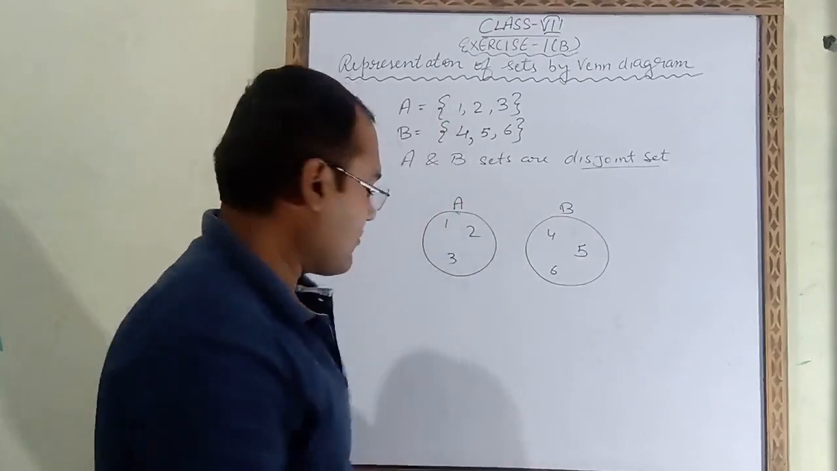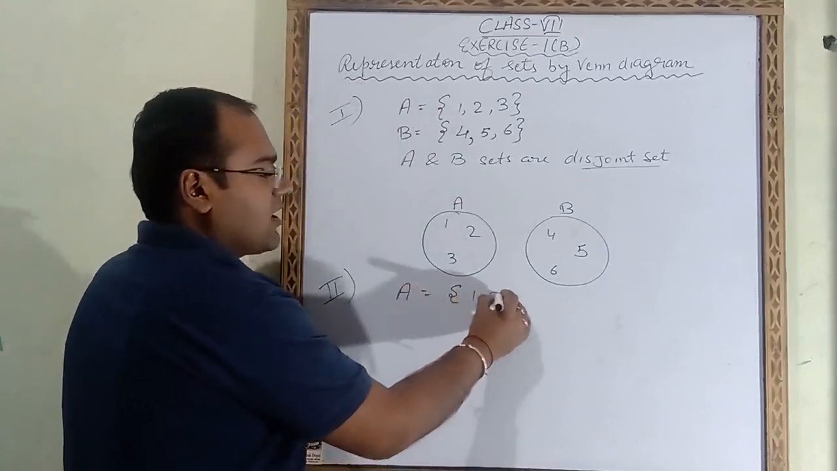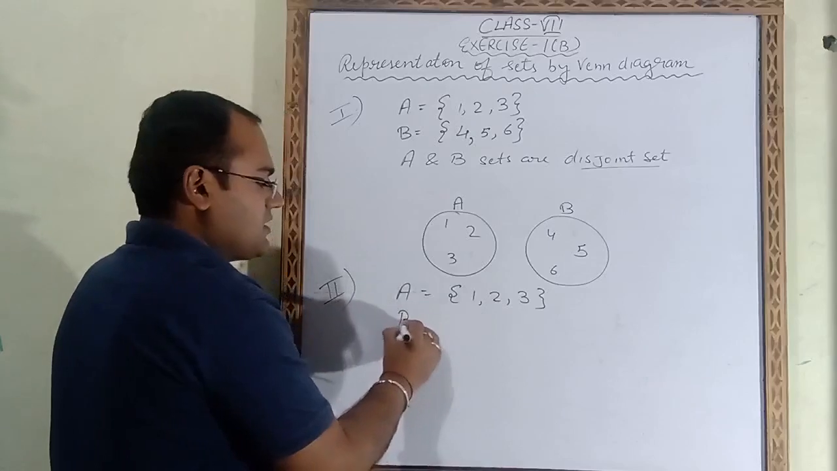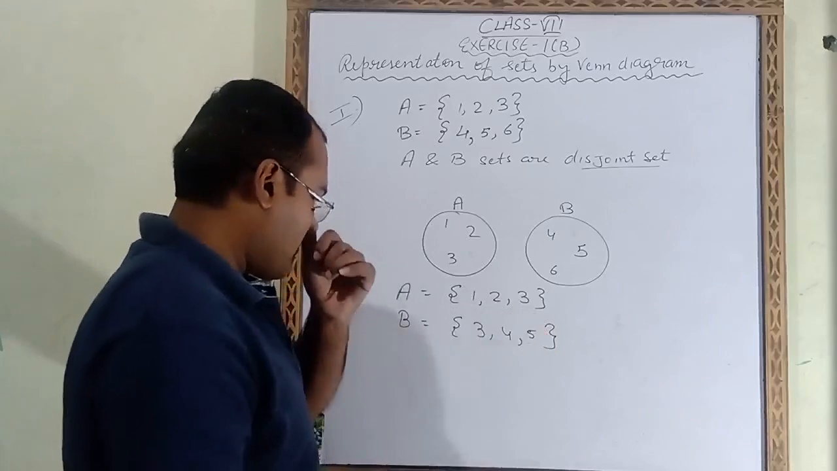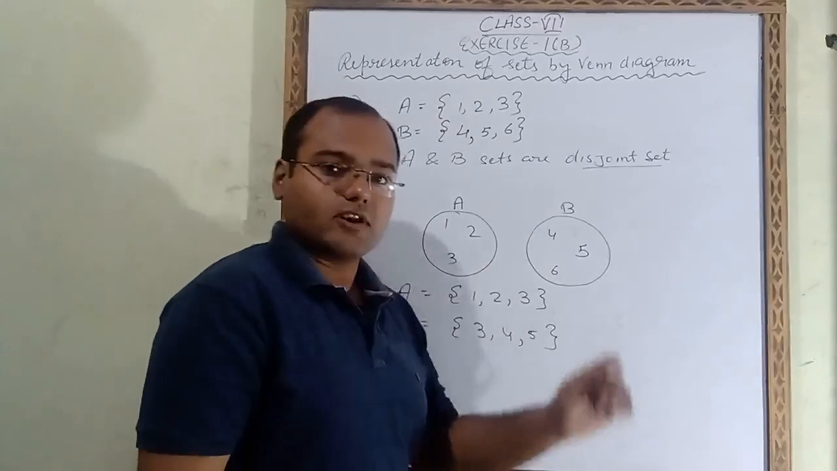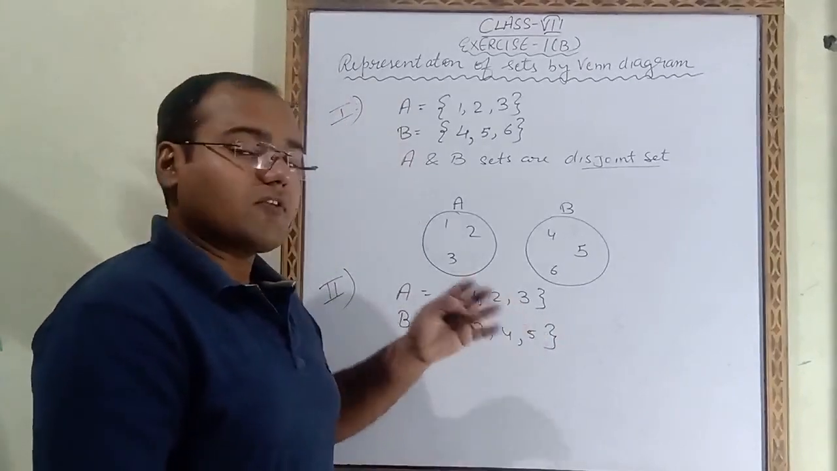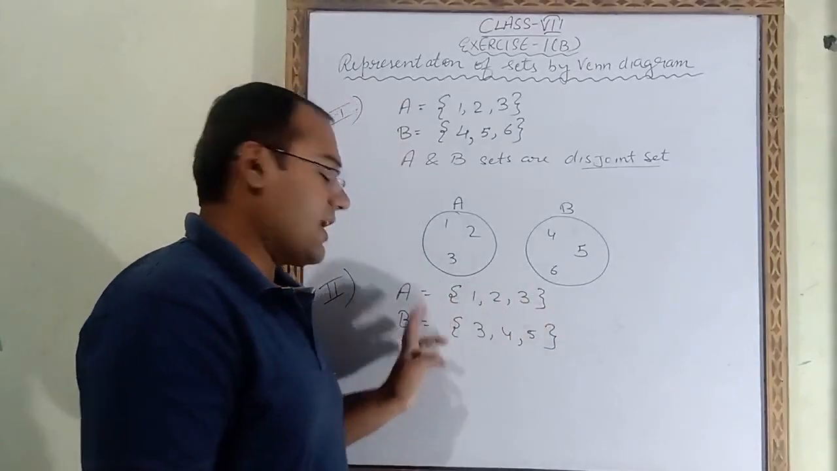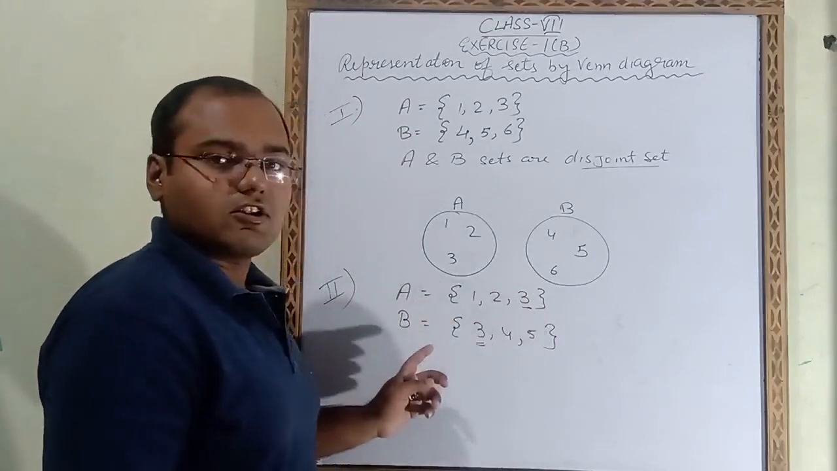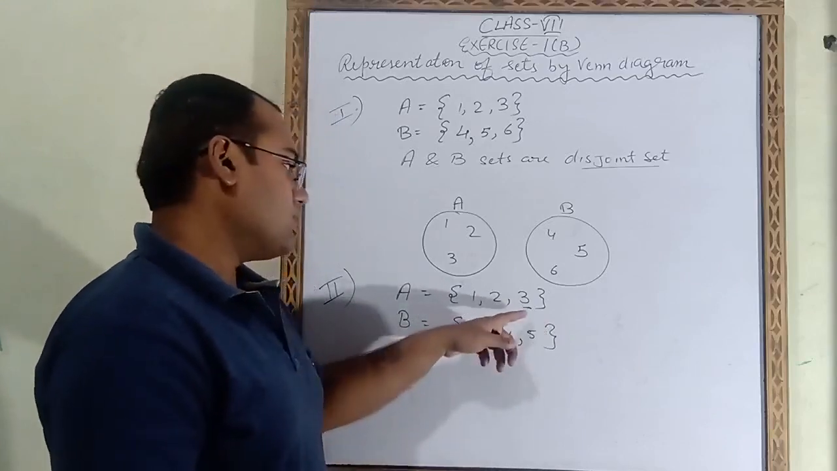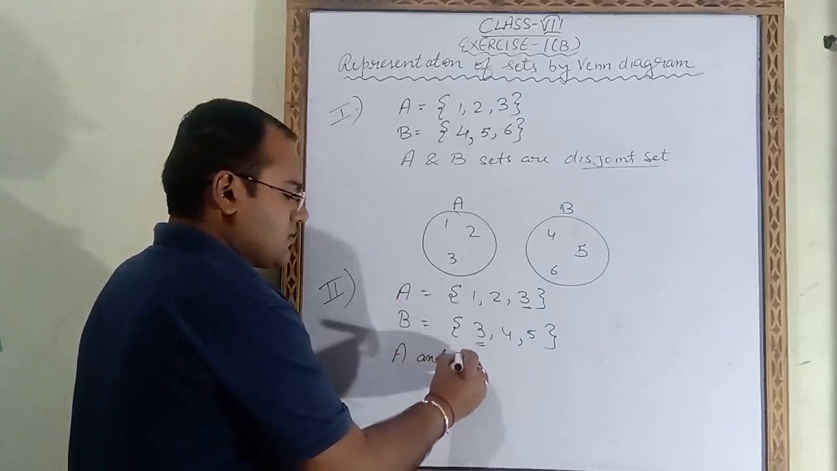Now take one more example. Let's say the second example. Suppose set A is given as 1, 2, 3 and in set B, 3, 4 and 5 are given. So first of all we have to check whether any number is common in A and B or not. We will check, and 3 is common in both sets, in A and also in B. So 3 is common in both, so we will call A and B